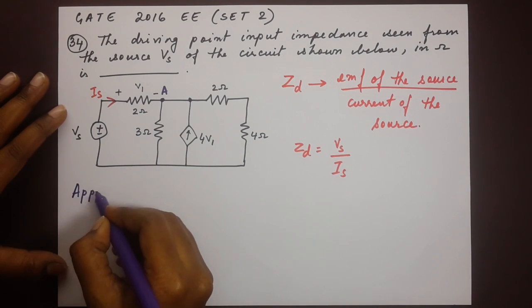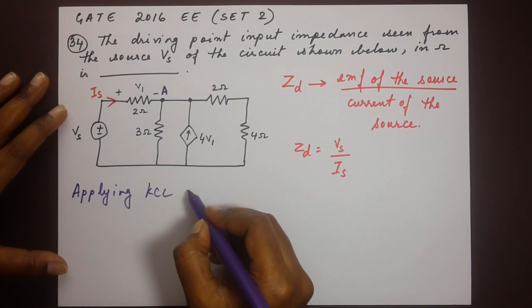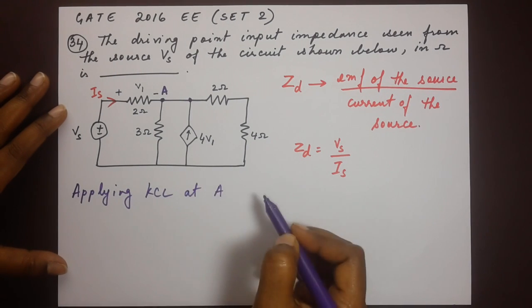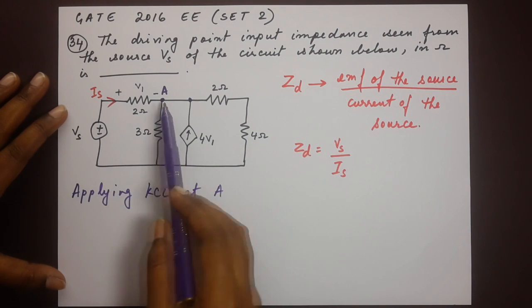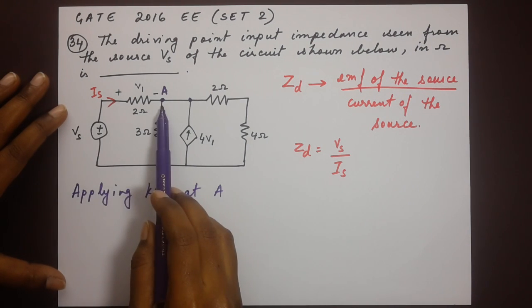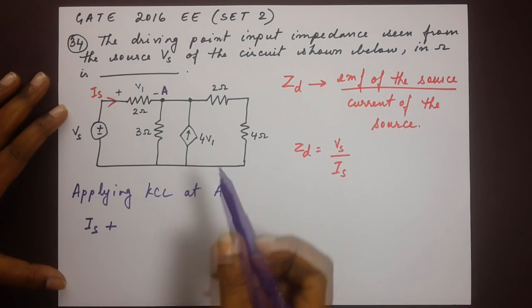So applying KCL at point A, we see that Is is through that branch there, Is plus